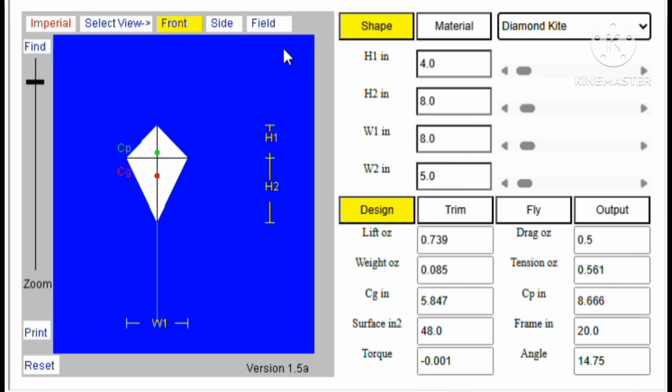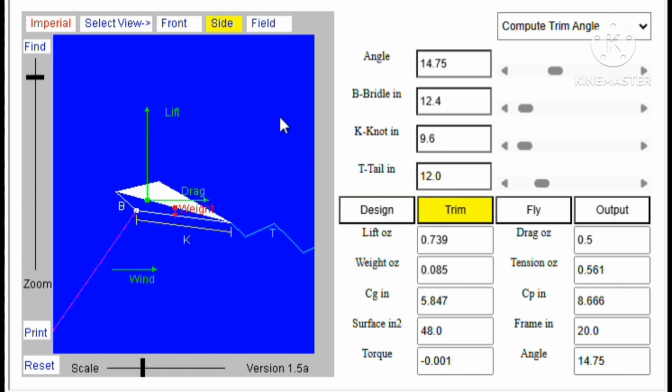So we'll go back to the shapes later. You also have the side view. The side view actually, so let me just go over here. When you press the trim tab, it changes you back to the side view. And it really shows you the vectors, like I discussed: the lift, the drag, the weight, and the wind vectors